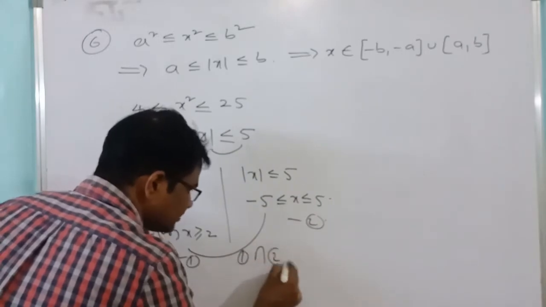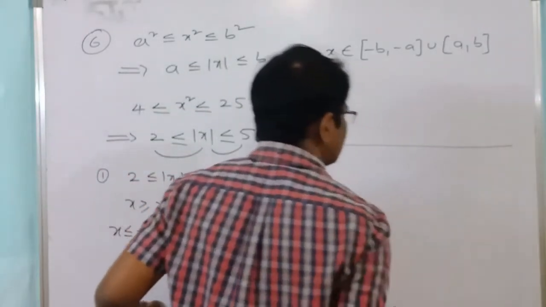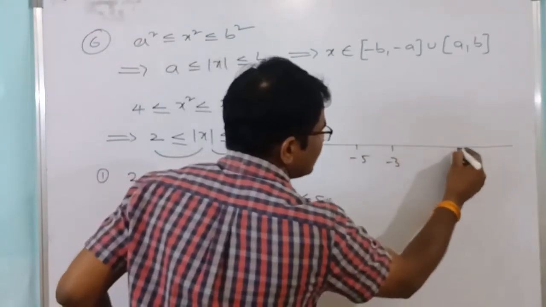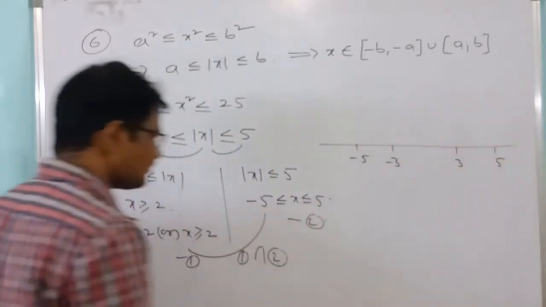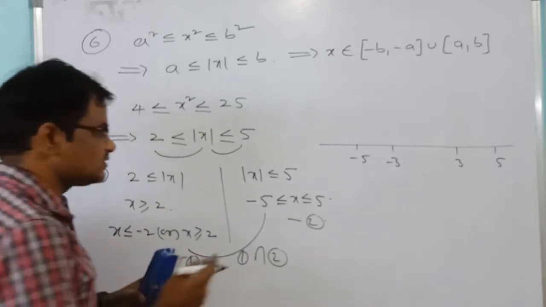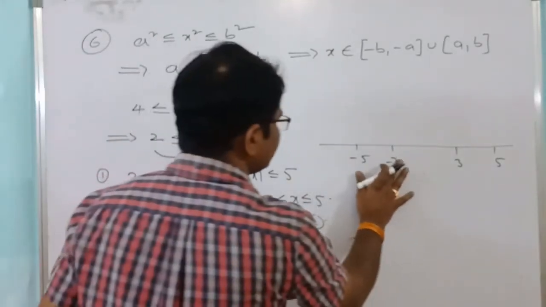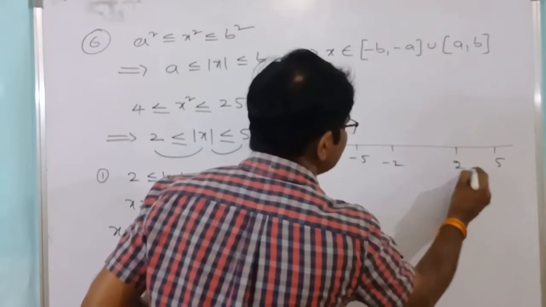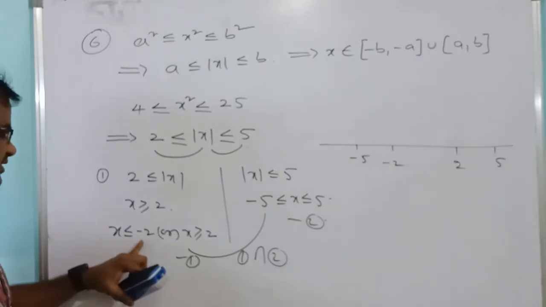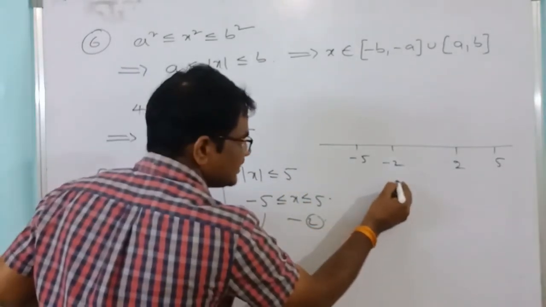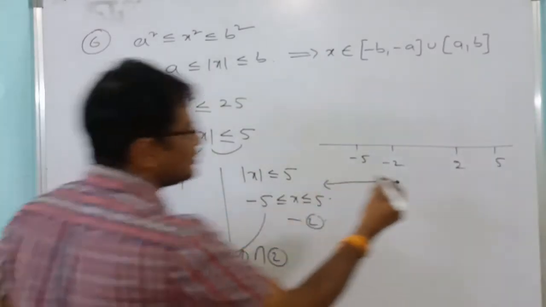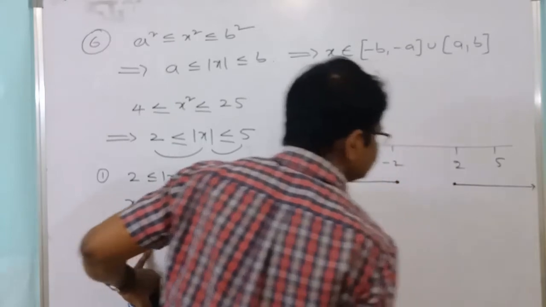So for these two intersection we have to take equation number 1 and equation number 2. So take these on number line. Here minus 5, minus 3, here 3, here 5. First one is x less than or equal to minus 2. Equal to also there. So that's why here 2 is there, no? Minus 2, here 2. Now, less than or equal to minus 2 means equal to also there, means closed, we have to take circle this side, and greater than or equal to 2 means that side.